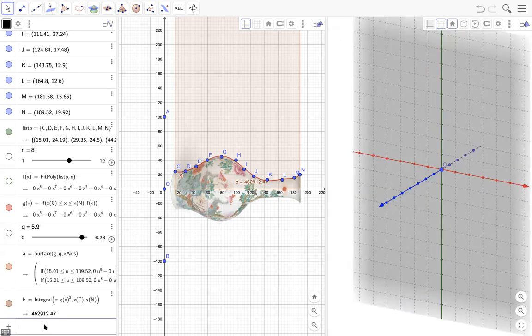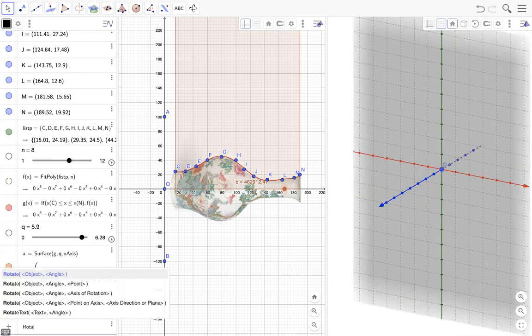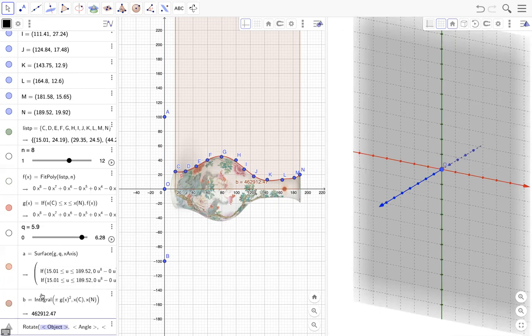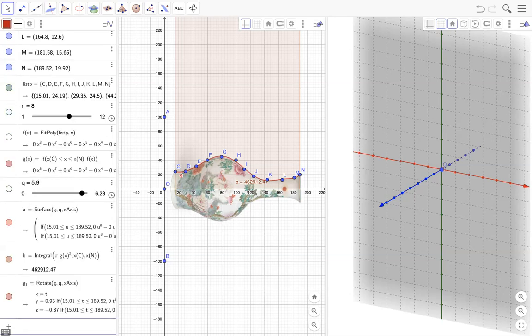Let me also try one more thing. Rotate object, angle, and axis of rotation. So the object is g in our case, and the angle is going to be q, and the axis of rotation is the x axis. And let me see if I can see anything here.